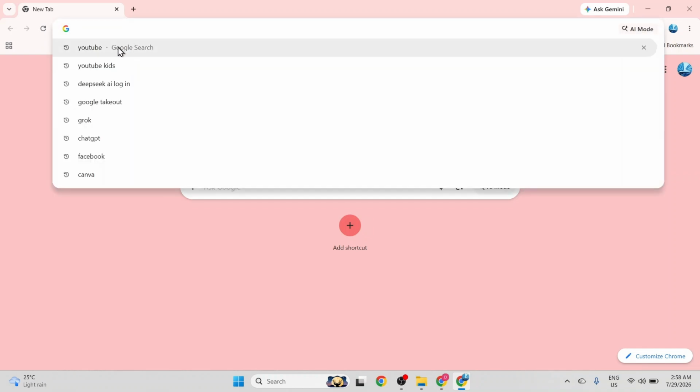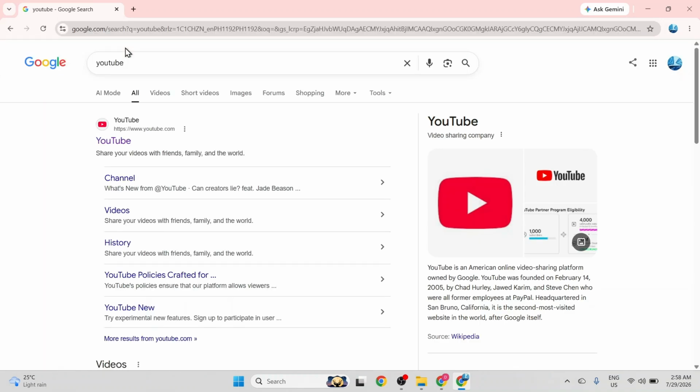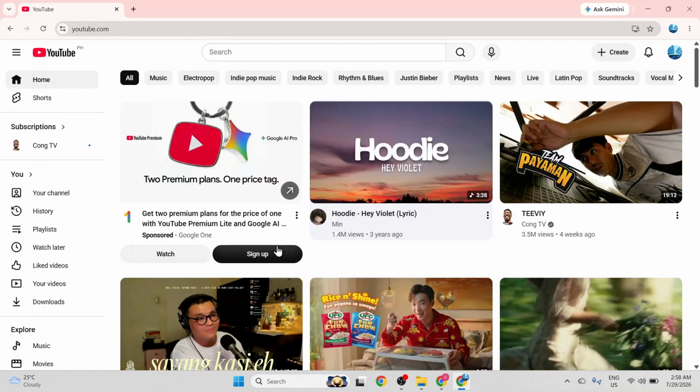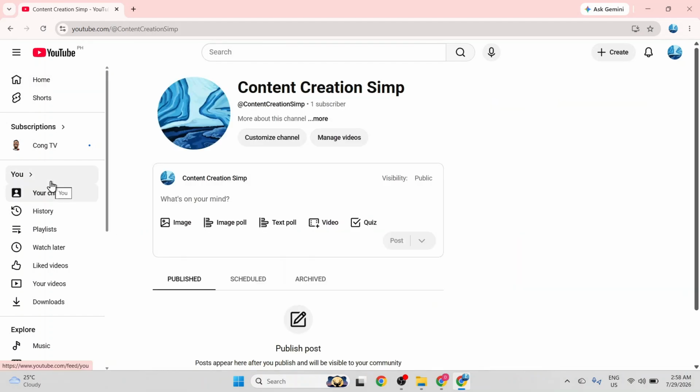I type in YouTube into the search bar, click on YouTube search, and then select the main YouTube link from the search results to open the homepage. Once YouTube loads, I navigate to the left side menu and click on the You tab to go directly to